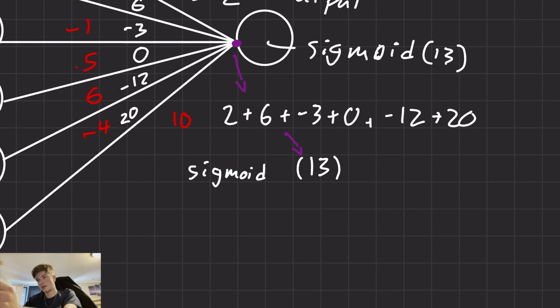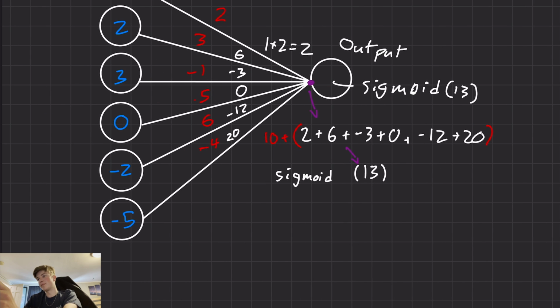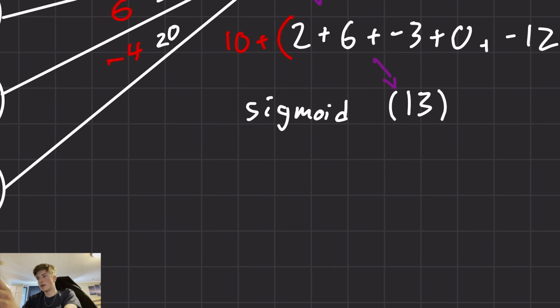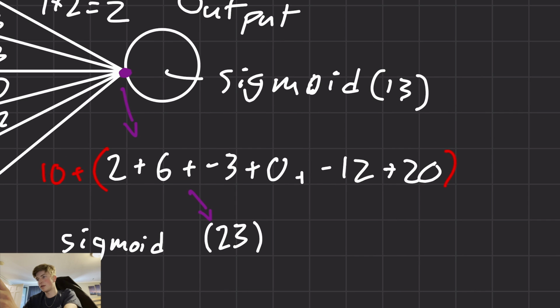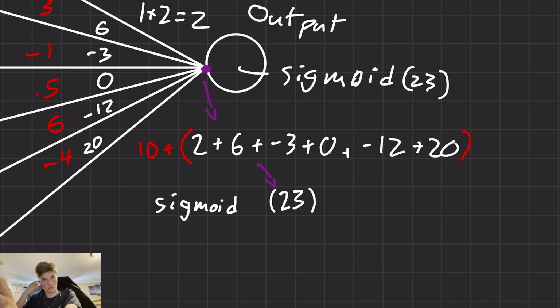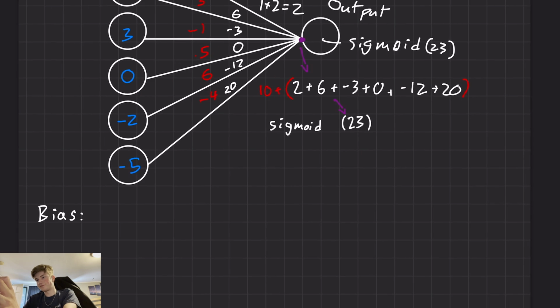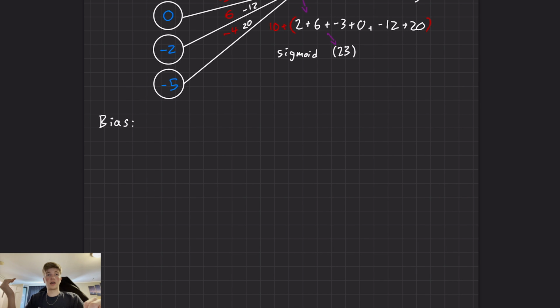Now, sometimes you want a neuron to output values at a consistently higher or consistently lower value. And all we need to do to solve this is add or subtract a constant value, which is known as a bias, to the sum before we map to our sigmoid. So if we write our bias in red, we can just say this bias is, let's say we wanted to add 10